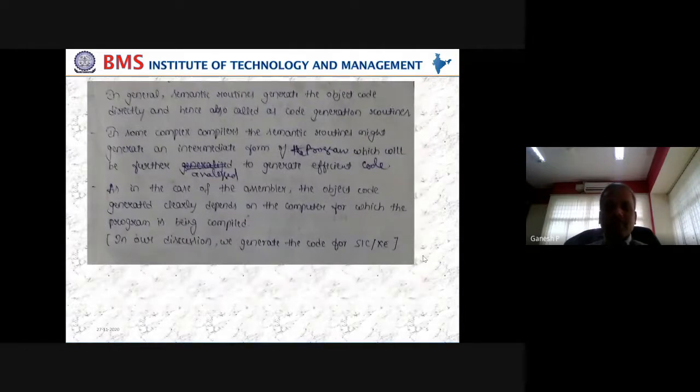Second, these semantic routines are there for each and every construct, and they generate the object code for each of them directly because there is no link here. Each one is independent. We have seen in the grammar, each one is unambiguous. Underline the word unambiguous. There should not be any ambiguity. They're very clear, and each of those constructs will have their own routines, and thereby the routines will generate the independent object code directly on their own through these code generation routines or semantic routines. That is the basic idea behind the code generation.